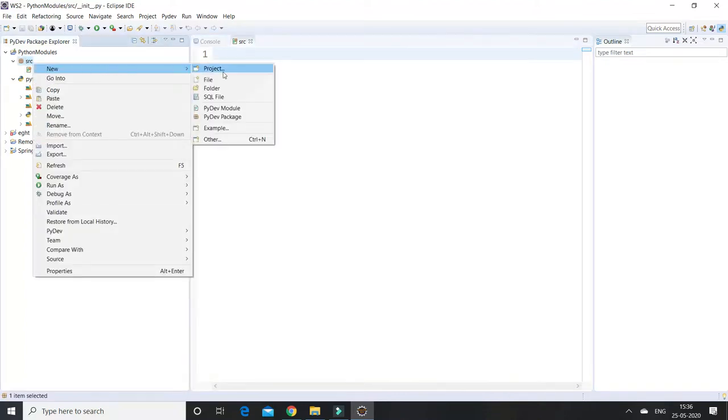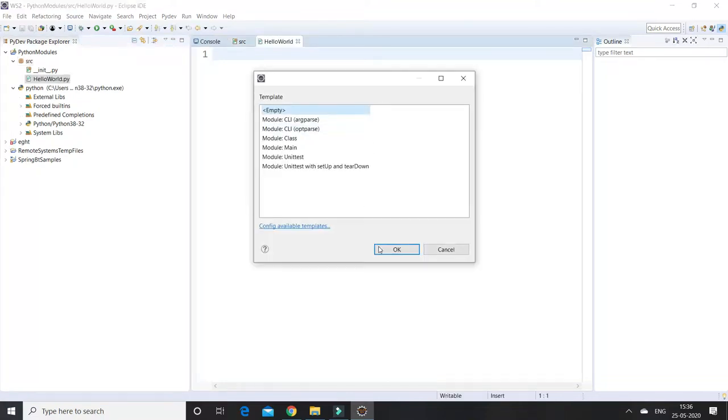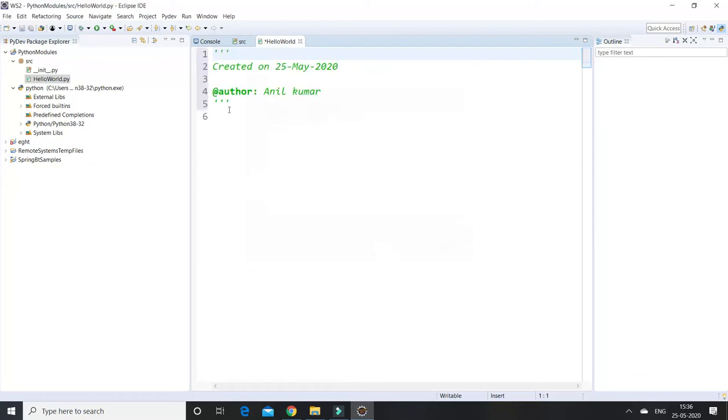I'm going to create a new PyDev module. I'm going to give it the name hello world. Click OK. By default, when you create the file, it will be created with the name and a particular date. Previously in Java, how did we create a small Hello World application?